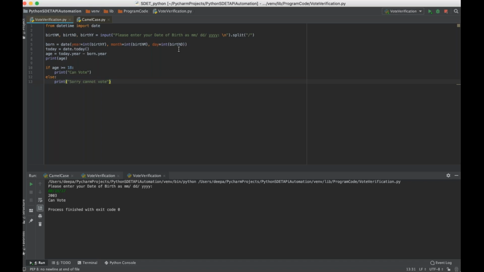Very nice. And then what is today's date? Date dot day. Tell me what is today's date. So age is primarily today dot year minus born dot year. Now this is okay, but we need the exact date of birth. Has to be 21 or